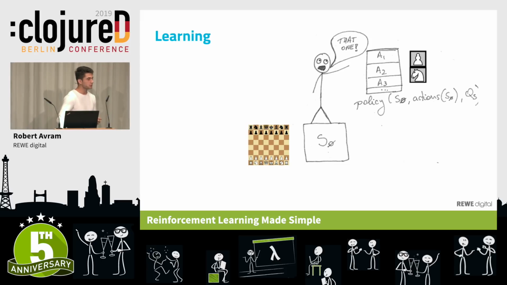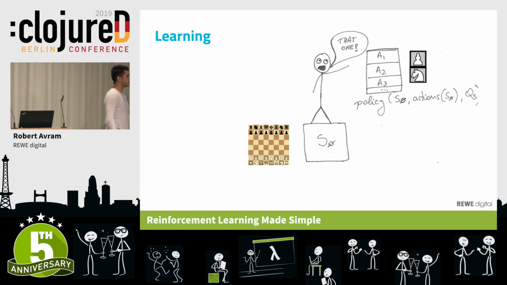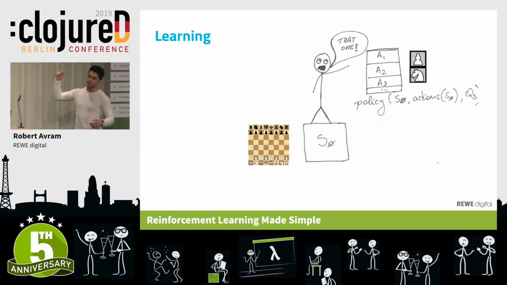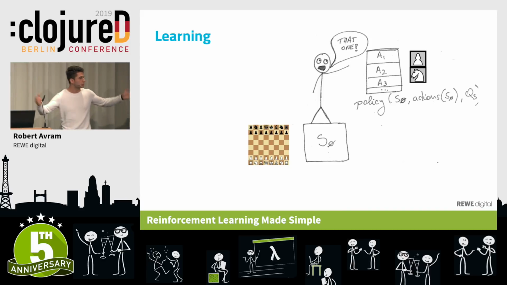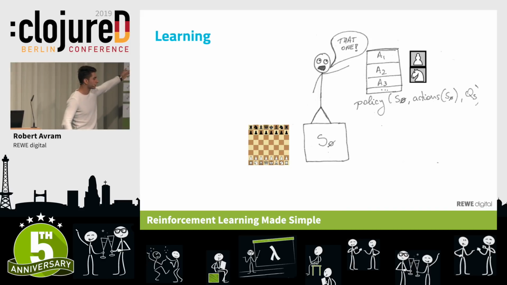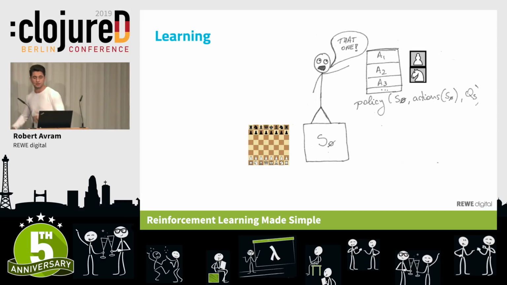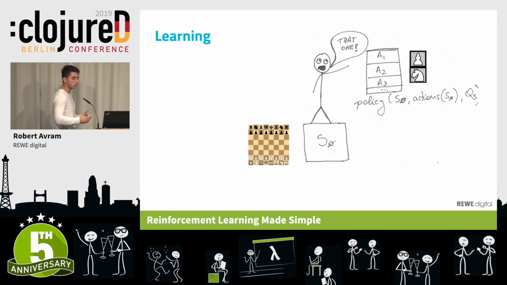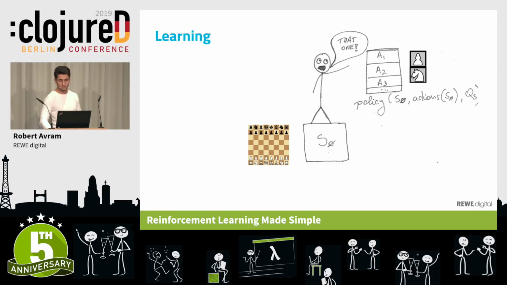Now, the agent's responsibility is to pick one of these actions, and he does this with something called a policy. Now, this policy is sort of like a strategy with which he picks actions. It could either be a random policy, it could be a function that just picks random actions, or it could be a policy that uses his prior experience to make more informed decisions, like, has he been in this position before? Has he chosen something before that gave him a better reward, and so on and so forth. But for the sake of argument, let's just say that it's just random.